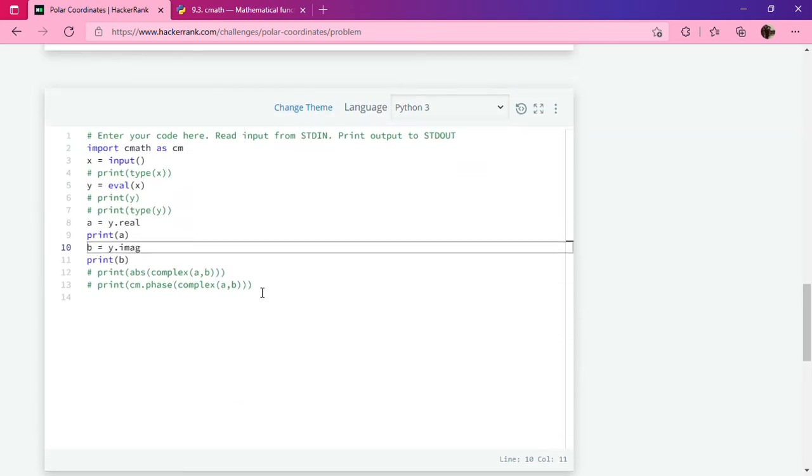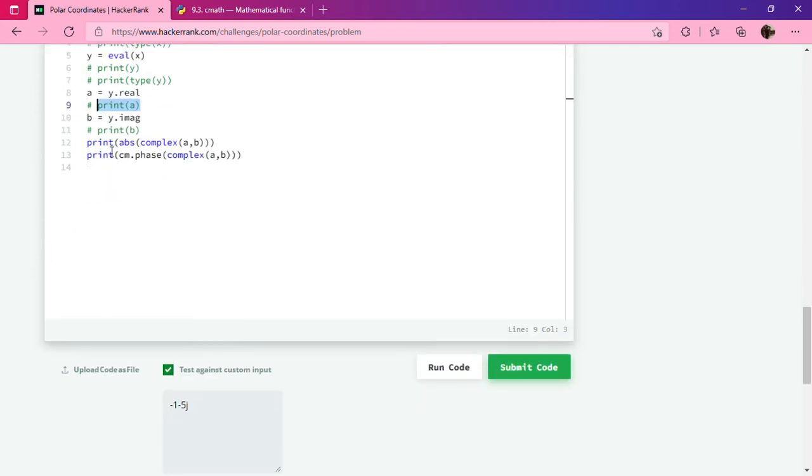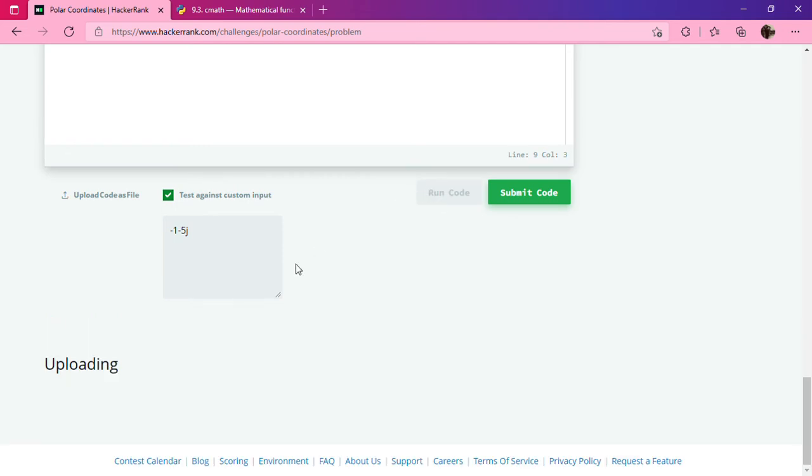So let's comment this out, and first we are taking r, which is the absolute value of these two parts, and then we are taking phase, which is the phase angle. Let's run the code, and I think everything will be fine. Let's check what we are getting.